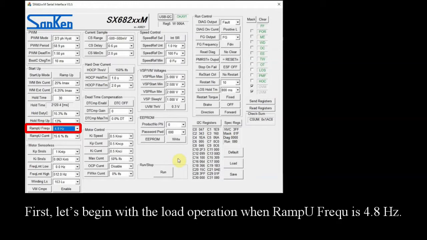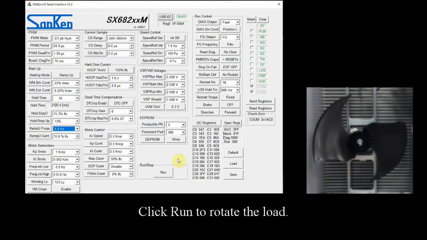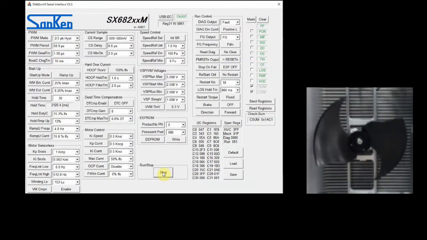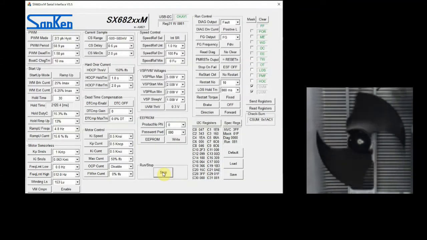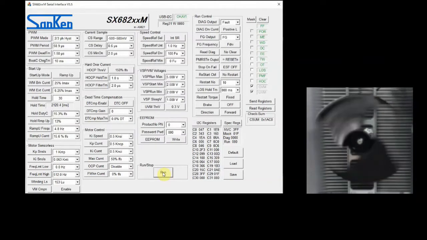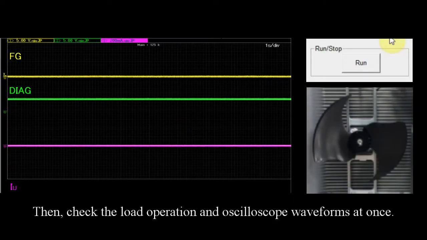First, let's begin with the load operation when ramp-up frequency is 4.8 Hz. Click Run to rotate the load. Then, check the load operation and oscilloscope waveforms at once.